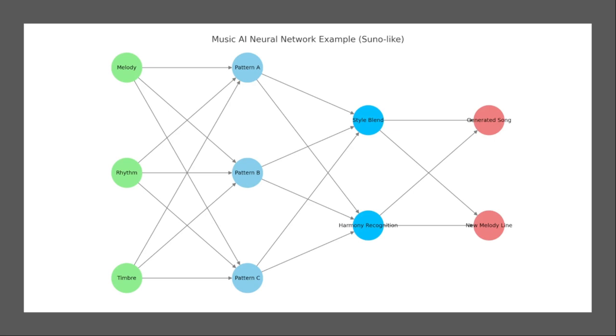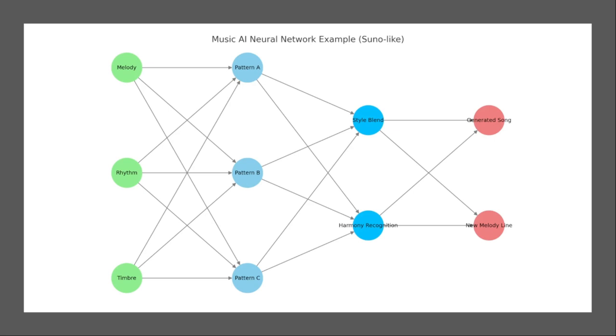Now, I would imagine that Suno has a safeguard step, which is not shown in simple neural net examples such as this. But I'm going to imagine, to protect themselves, before final output, it would make sense for the algorithm to usually perform an infringement scan. In this way, they compare the generated piece against a reference library of copyrighted works. The goal is to ensure the output is new enough and not a carbon copy of training data. Think about this like YouTube's Content ID, but used proactively inside the generation pipeline.